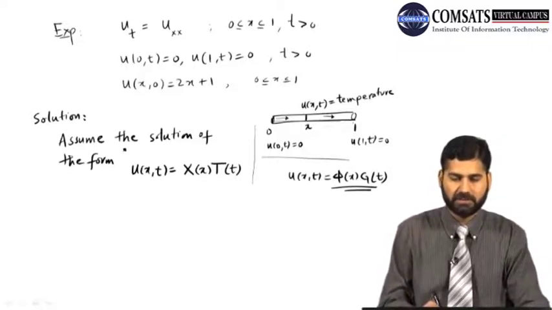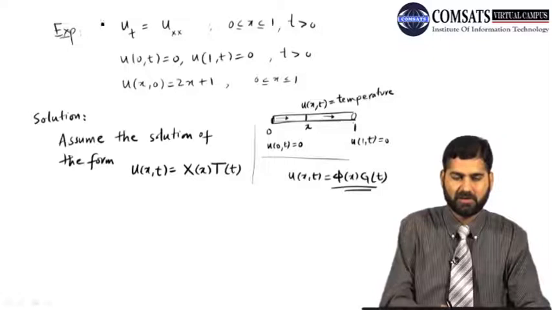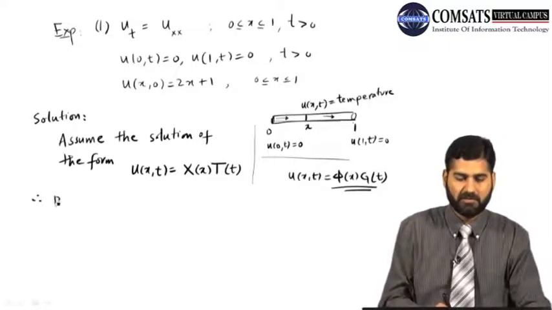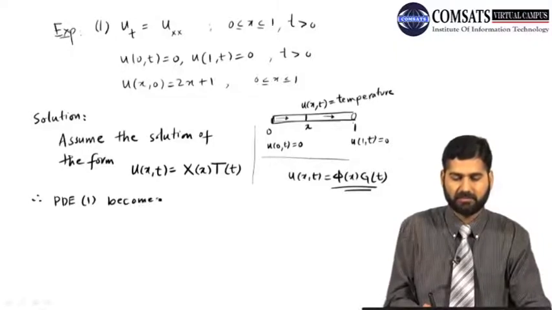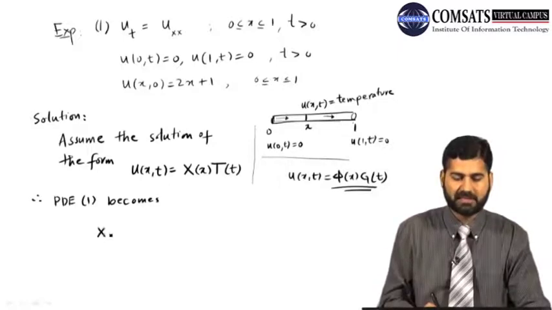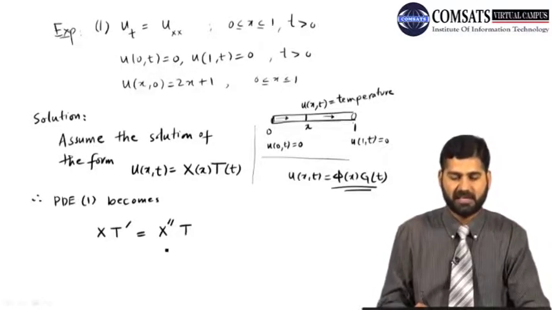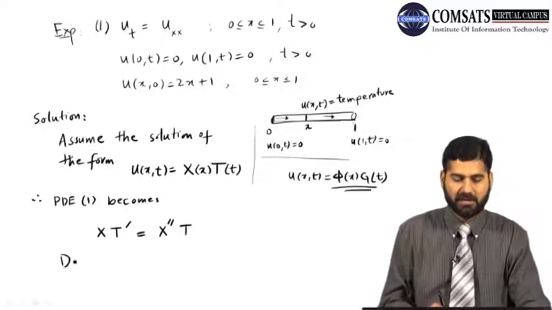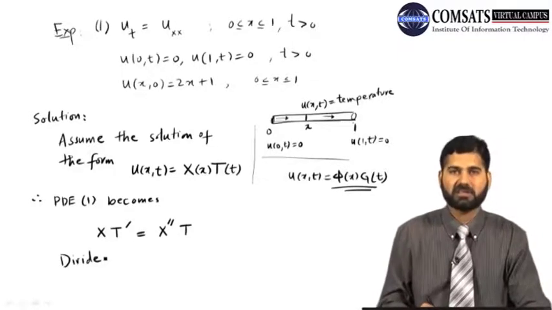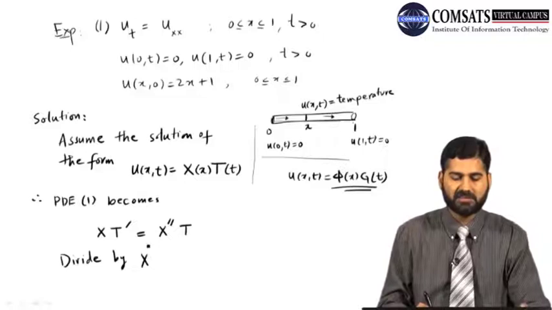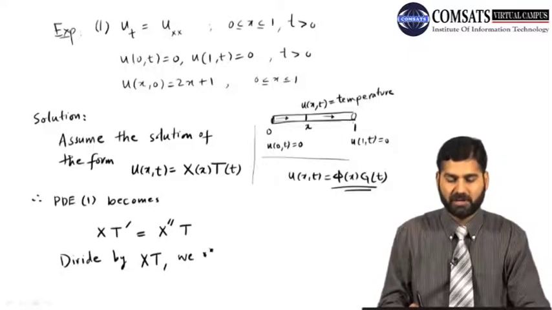So now our PDE, let's call it PDE 1, becomes: u_t means X times T prime, the derivative with respect to time, and u_xx means the second derivative in x, X double prime times T, as it is. Now, it's an equation with constant coefficients, so we can directly divide by XT. If there were a constant, we would divide by that constant too, but there was no constant. So if we divide by XT, we obtain